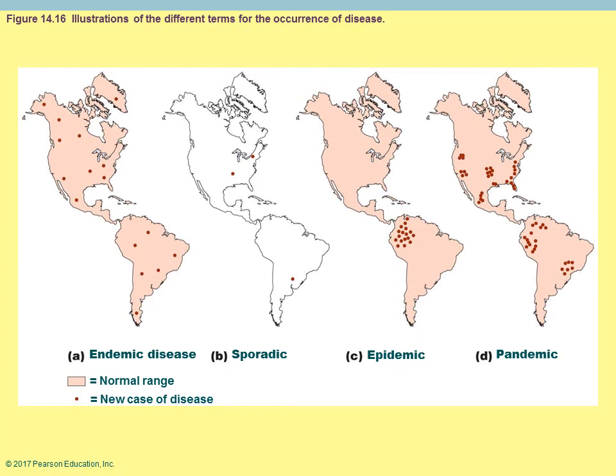Now, what are the numbers? How many cases do you have to have for it to be considered, say, an epidemic? That's going to vary depending on the disease. Years ago in New Mexico, they had an outbreak suddenly of whooping cough. Well, 10 cases within a small area within the state of New Mexico was considered an epidemic, because you don't normally see that number of cases in a small area. That was very unusual. So you can't say, okay, if the number of cases is above 100, now it's an epidemic. It depends on which disease you are talking about.